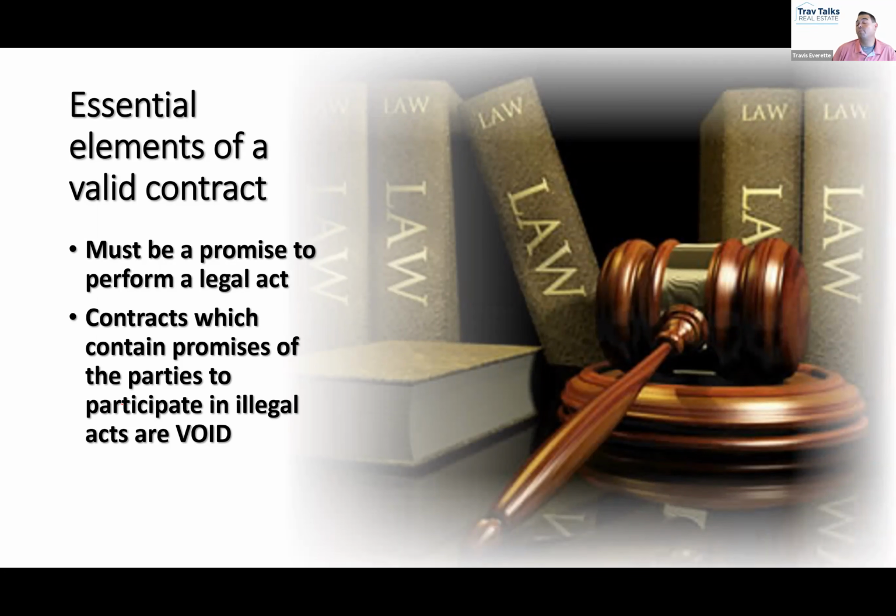Yeah, right. No, we were talking about void contracts, and promising not to market the property to people of a certain religion would be an example of a void listing agreement. So what I was saying is that if you own the house, you could discriminate that way, correct? If I'm the unlicensed owner of a house, that's one of the exemptions to the Fair Housing Act, right? Okay. So the unlicensed owner could choose to discriminate if they wanted to as a FSBO. If they didn't hire a real estate agent as a FSBO, they could choose to discriminate, but they couldn't sign a contract hiring somebody to represent them and that firm promising to discriminate. That would be void. That'd be a void contract.